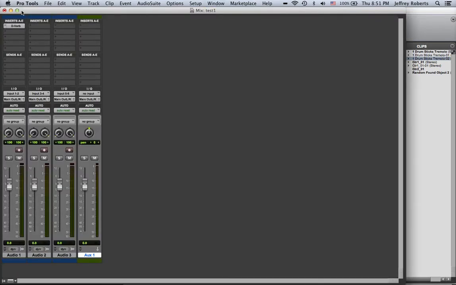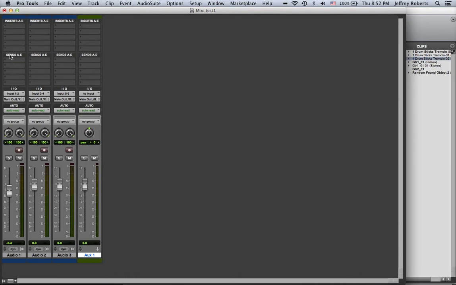this insert will only affect this first audio track, and bringing the volume level up and down, 100% of the reverb will be applied to this. So this is one place where it's useful, but you don't have as much control over the level of processing against the original signal. So we can say no insert. Let's take that out. The second way to work with audio is to send some of the signal to another